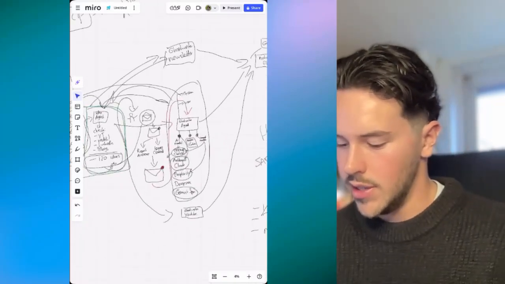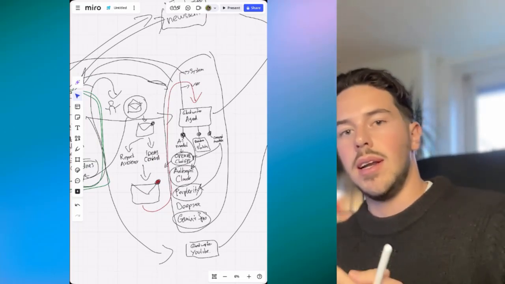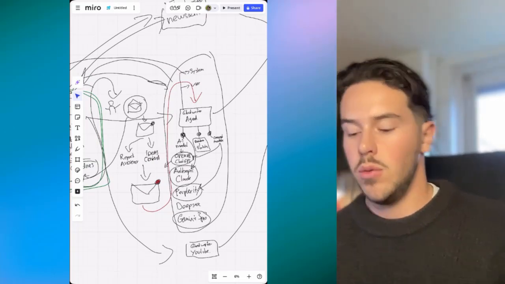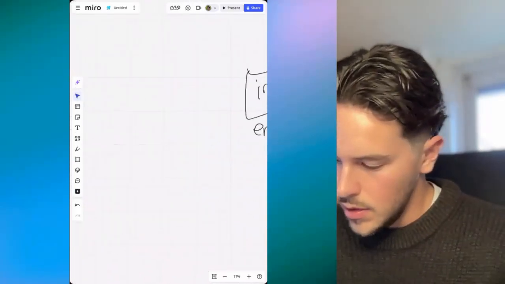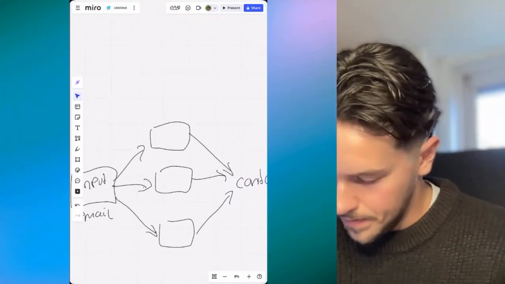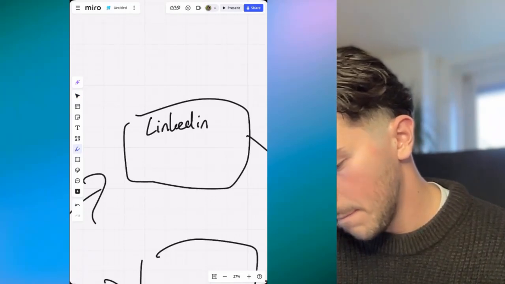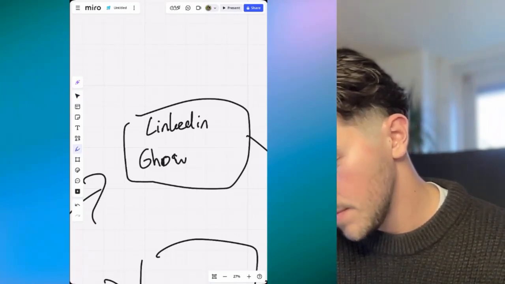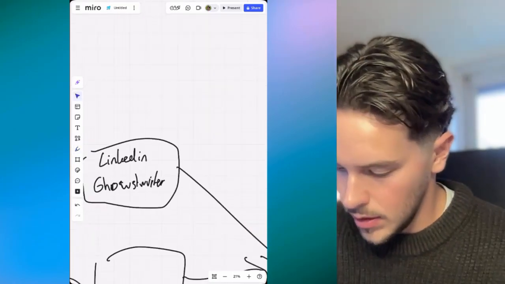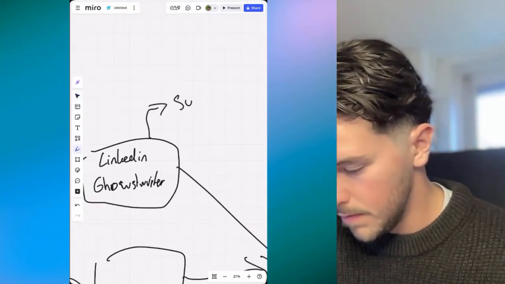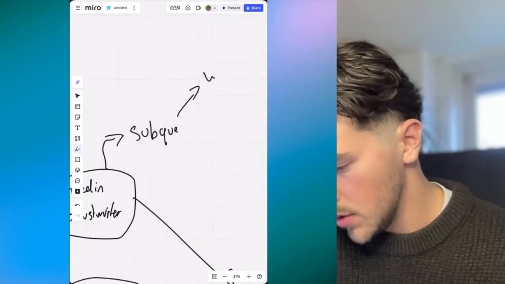I would also say for LinkedIn content, we can visualize it even further. So we make LinkedIn posts and we say the ghostwriter needs to make 5 posts. So the input goes to the LinkedIn ghostwriter. And we put in the sub queue that it makes a written post.